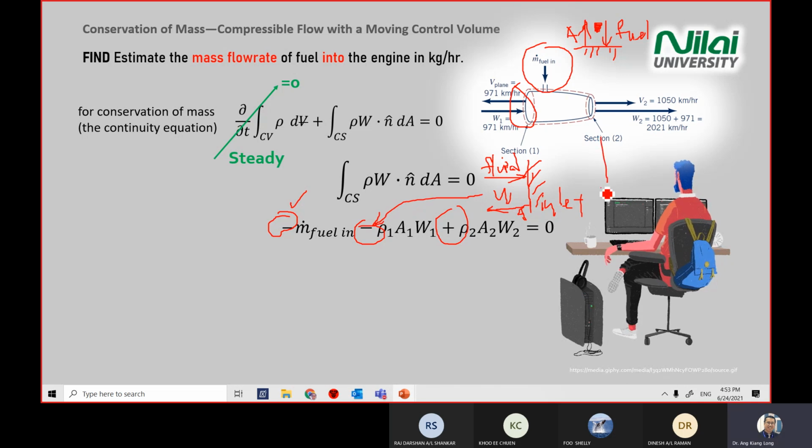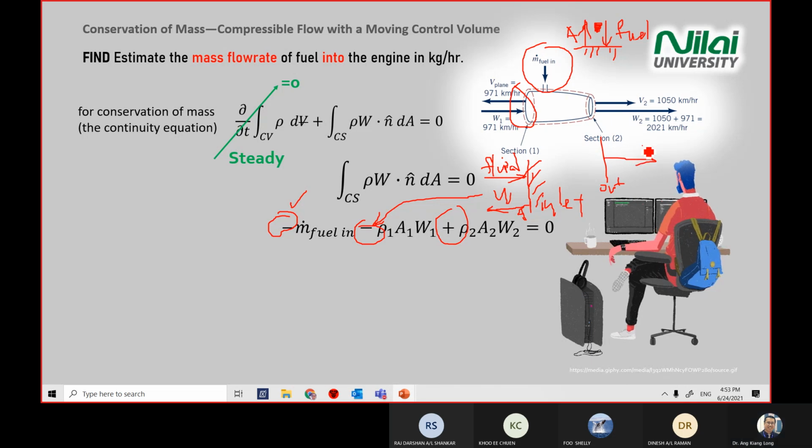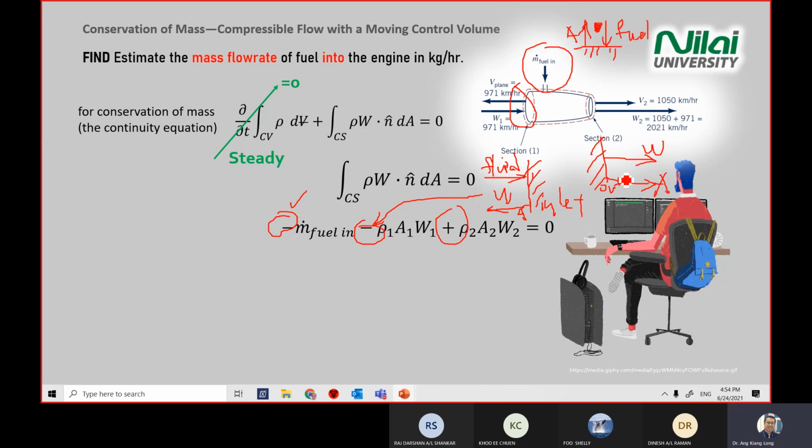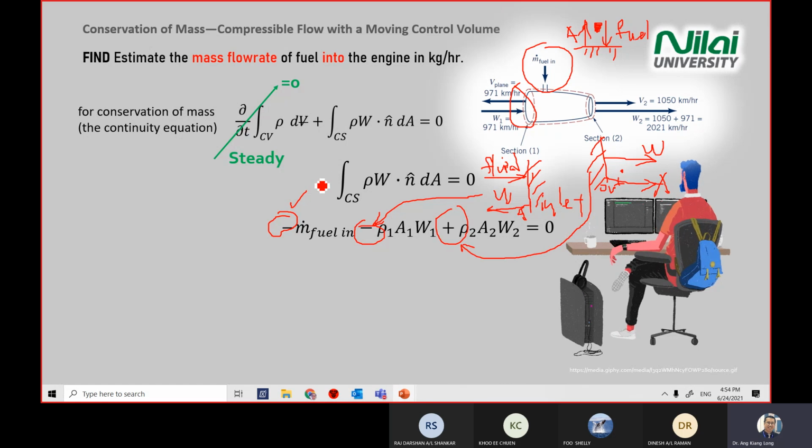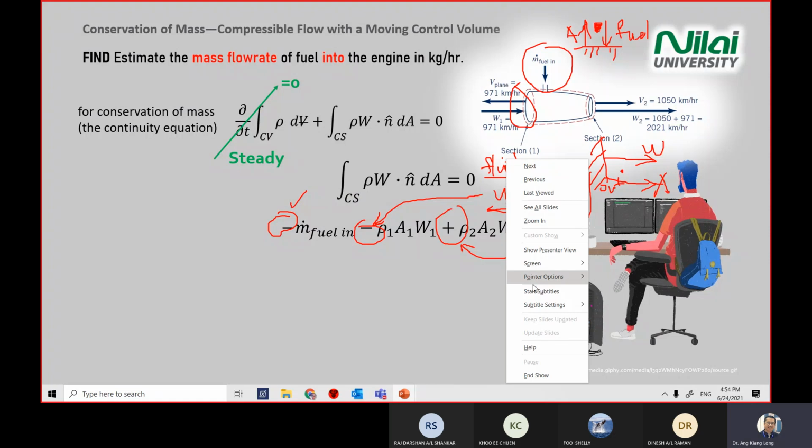Same with the outlet or exhaust. The relative velocity ejects out, W. The area is always pointing to the opening, to the space here. So same arrow, dot product, same arrow will give you a positive sign. Okay, the rest is just a substitution of all the values inside here. Make sure you understand how to develop the equation